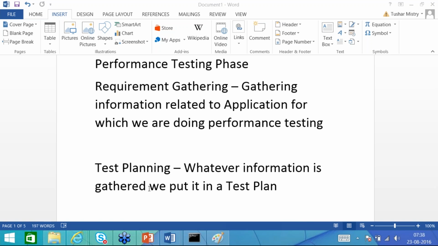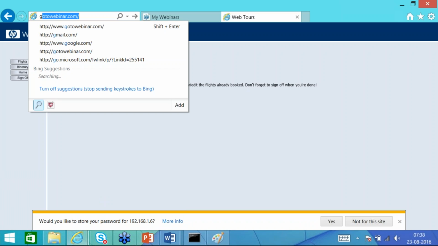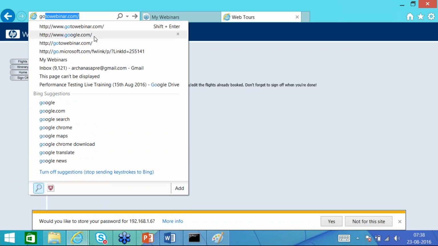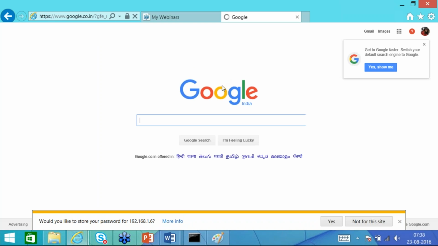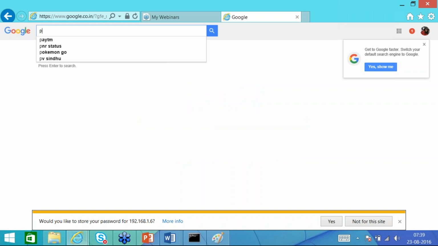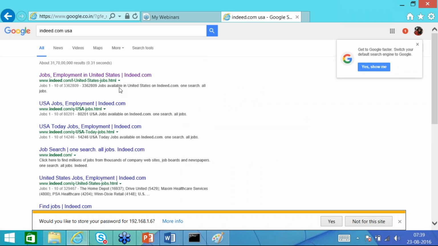Oh, I am in USA. How is the opening for performance testing? Okay, that's a good question. Actually, on that day I showed you. I will just show you again the jobs that are there for performance testing in the US. So you will be able to know how performance testing is a hot cake in the market. No worries, I will just show you.